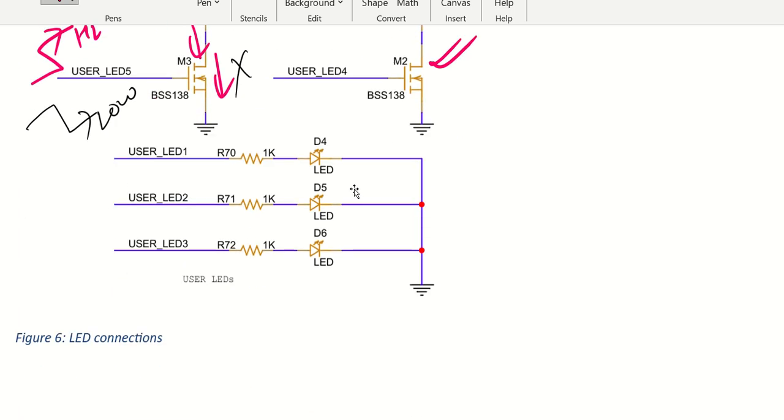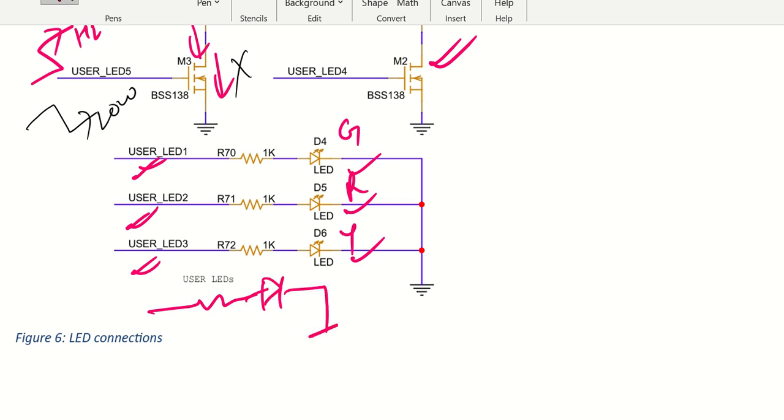Now, if you wish to directly drive the LEDs, you can drive LEDs through user IOs. User IOs are connected through user LED 1, 2, 3, and this is how these three LEDs will be working. I have put the part numbers for a green LED, red LED, and yellow LED. So this is how you will have three different color LEDs for different purposes. If you wish to have several LEDs, you can connect a resistor and an LED similarly. You have to keep on adding one by one. Okay,